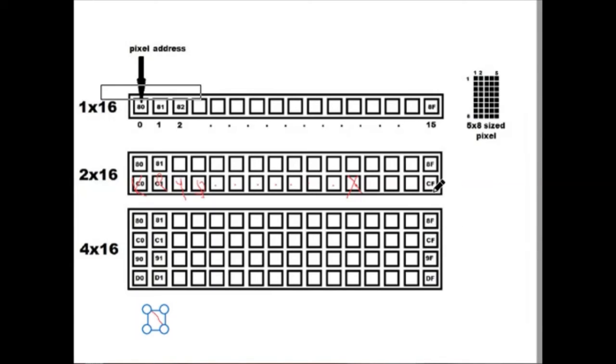So that means this is F, this is E, this is D, and this is C. Okay, sorry. So here if you take a space after key, it comes at this position. So this is the position which is the line CC. So at this particular line address, we have to display the number. So here you can see the details of the meaning of 5 cross 8 sized pixel. Each pixel address is 5 cross 8. Okay.